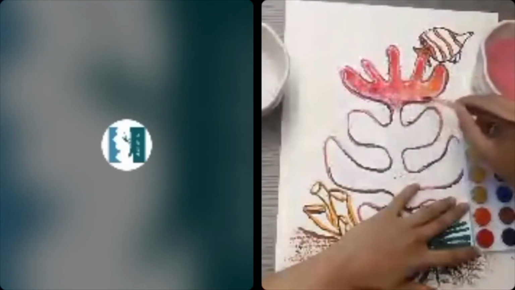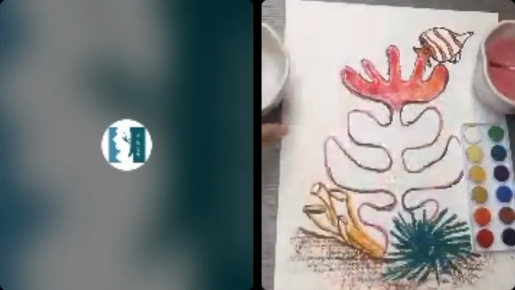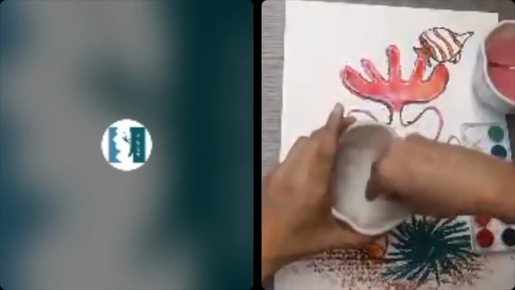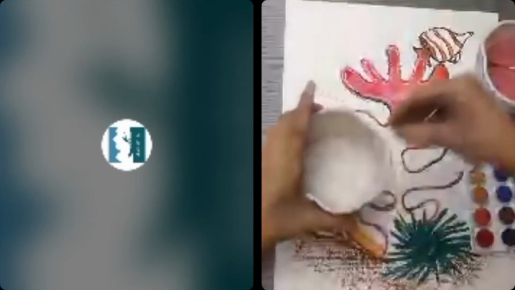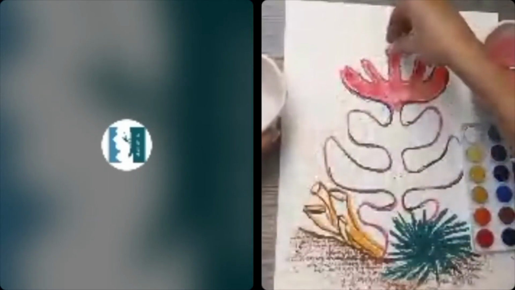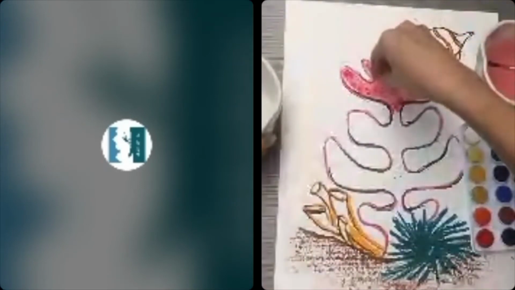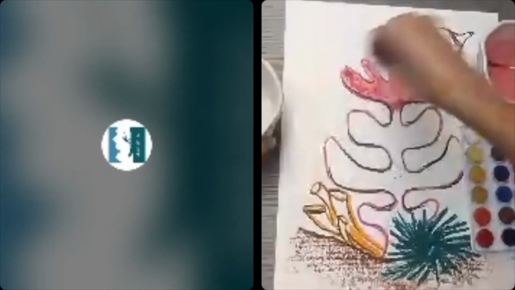But that's not all, because we are going to bring the rock salt in next. So take a little bit of it and you're going to sprinkle it right over that paint while it's still wet. Okay, do you see that?